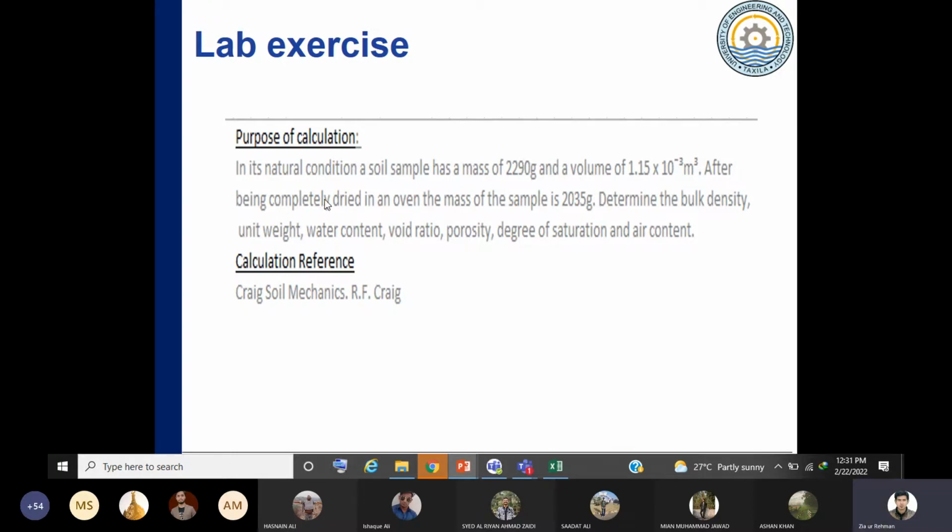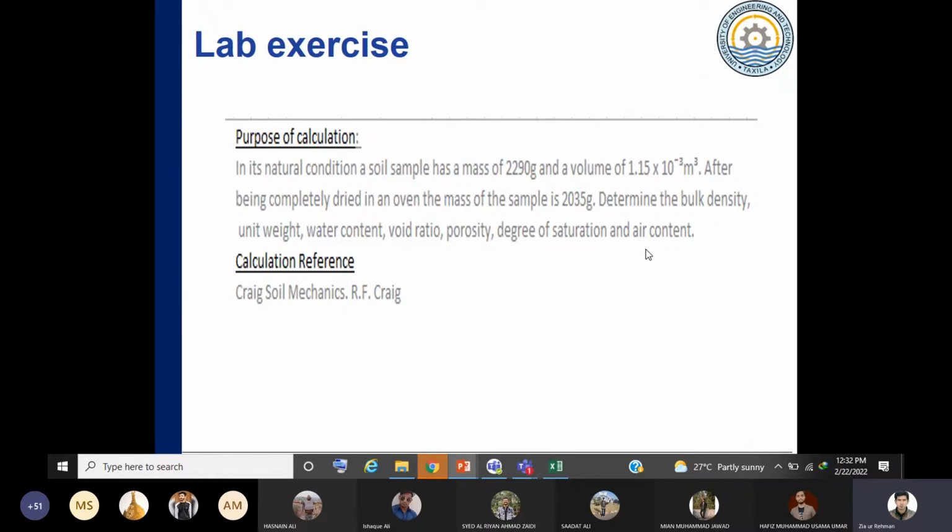After being completely dried in an oven, the sample mass changed to the dried mass, which is 2035 grams. Here you see the type of data is numeric, and the format is general format. It is a whole number, so it is a general format. They are asking us to determine the bulk density, unit weight, water content, void ratio, porosity, degree of saturation, and air content.